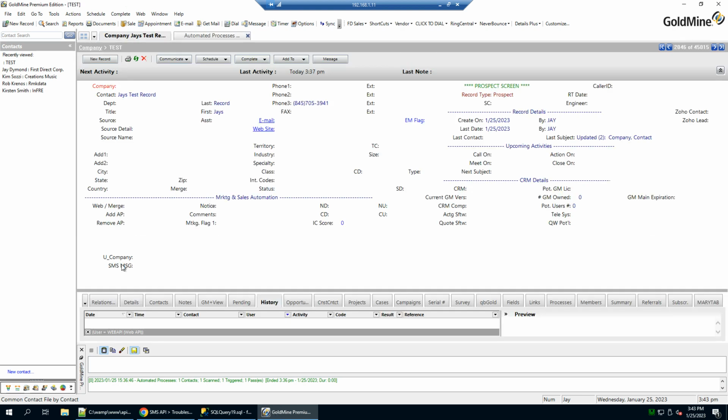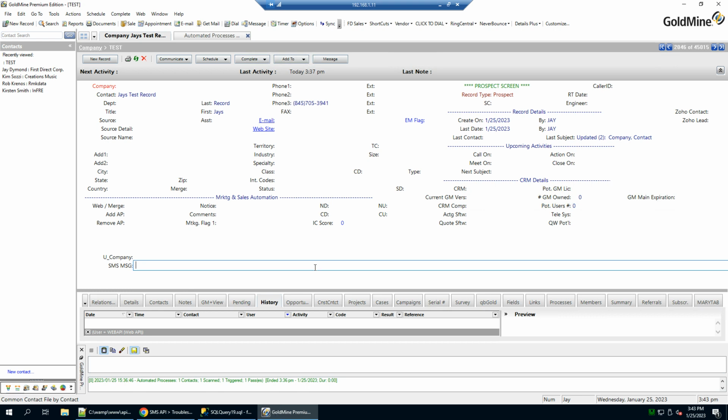Inside this record in GoldMine, there's a field here called SMS message. So this is the field down here. This is a 160 character message. And so that's what that AP is doing. That AP workflow is going to update this field with that message when I attach that AP, right? So as part of my workflow,